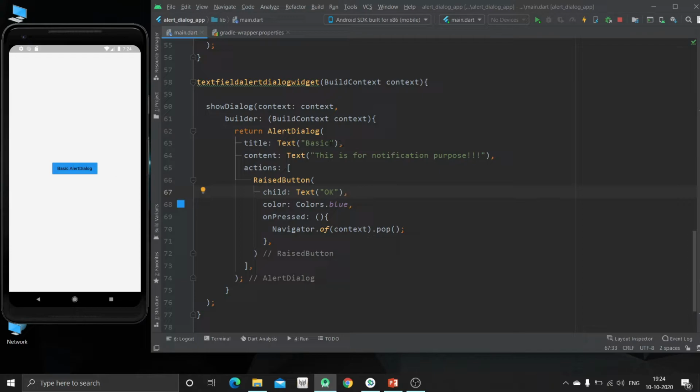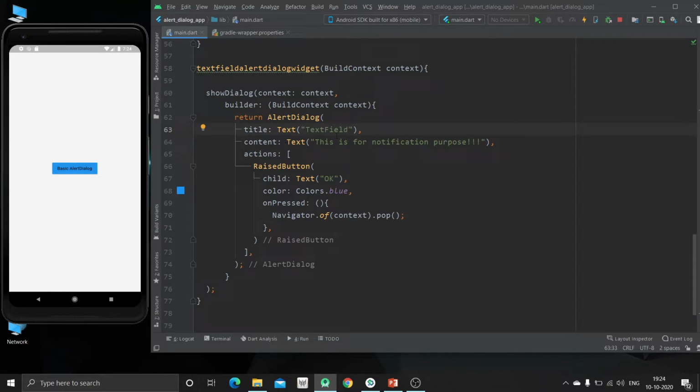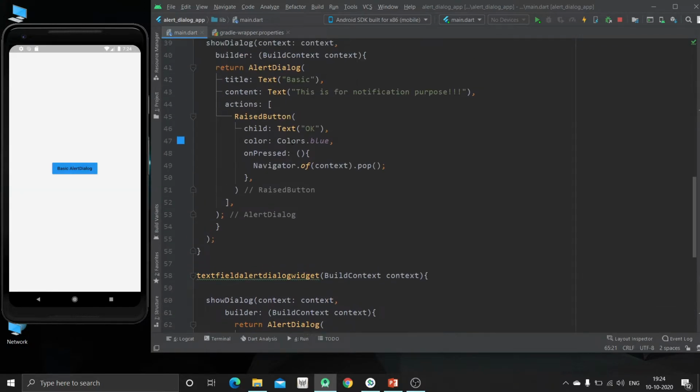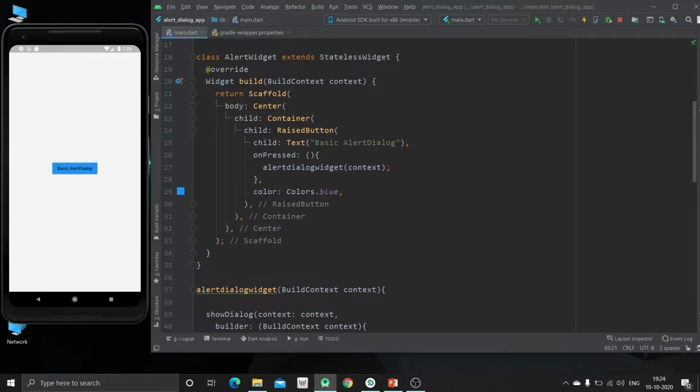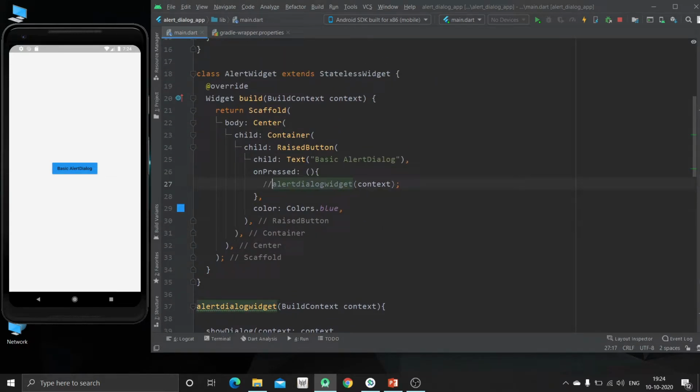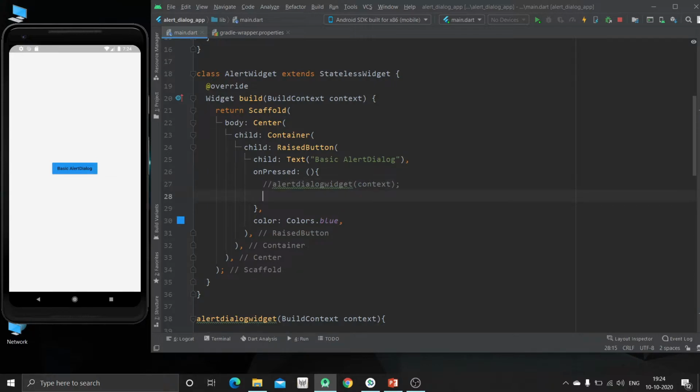So we will change this title as text field, and content will be okay. Now we have to call this inside this on pressed, otherwise the same first widget will be called. So just call this. Now just hit Ctrl and S.